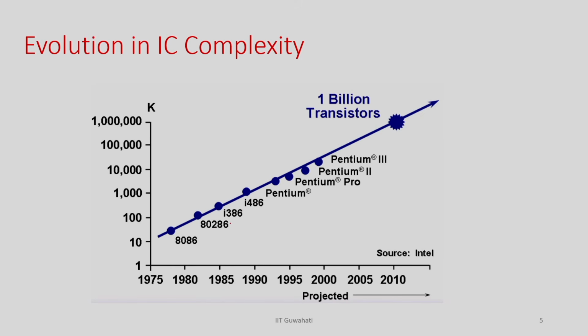Here is a chart that gives you this growth. We have the number of transistors in K on the y axis, and the year on the x axis. You can see the 8086 has something like 15K or 20K transistors, and by 2012 we reach a target of 1 billion transistors in a single chip. This highlights the growth or evolution of the IC, and whenever you have more things, you have more trouble. The complexity is growing.